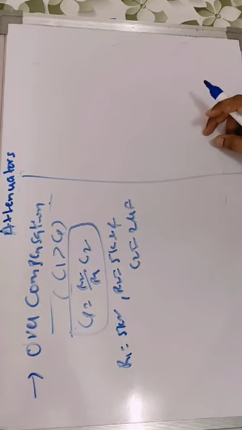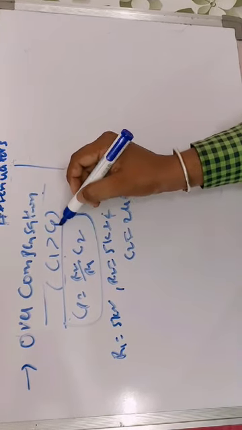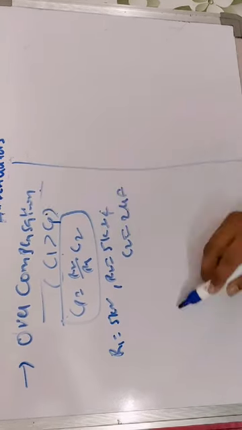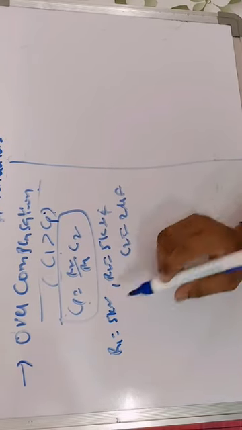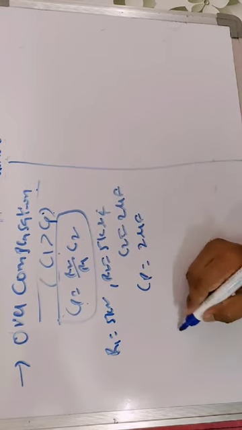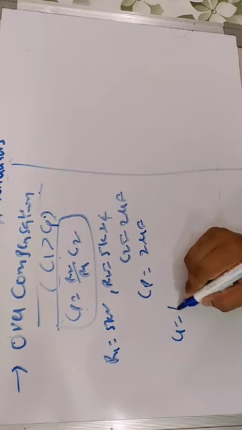Second case is overcompensation. In overcompensation, the C1 we are taking in the circuitry is greater than CP, the perfect compensation capacitance value. For the values given, R1 is 5 kilo ohms, R2 is 5 kilo ohms, and C2 is 2 microfarad. When you consider this, the CP value is around 2 microfarad. But if you take C1, which we are connecting to the circuitry externally, as around 4 microfarad instead of 2 microfarad, it is greater than the perfect capacitance value.